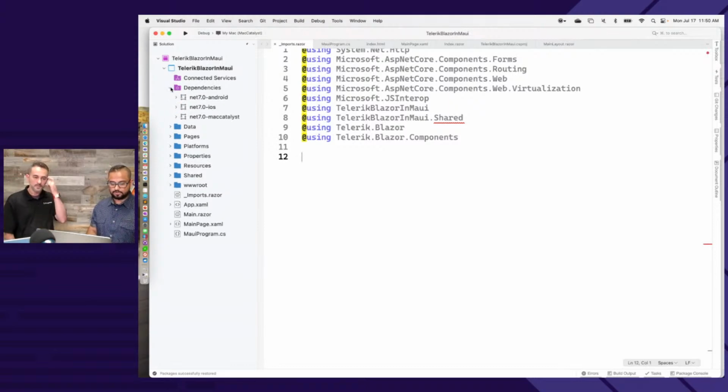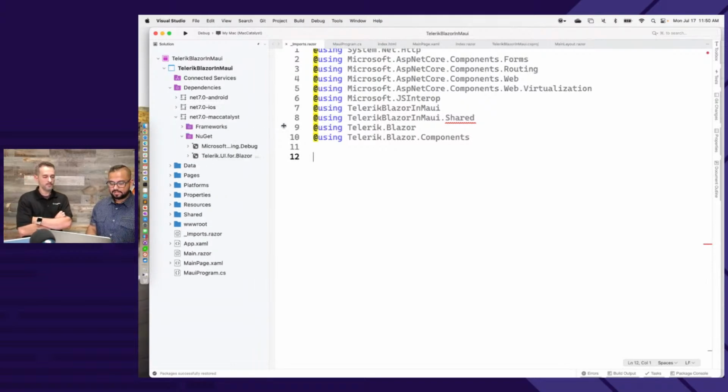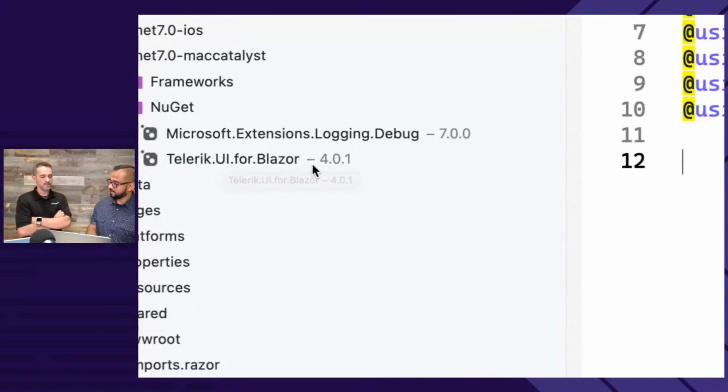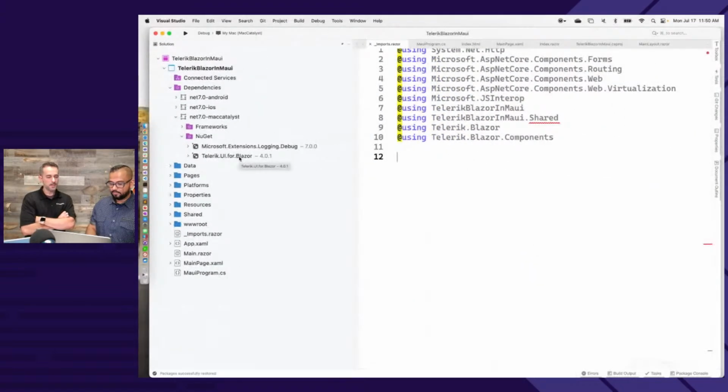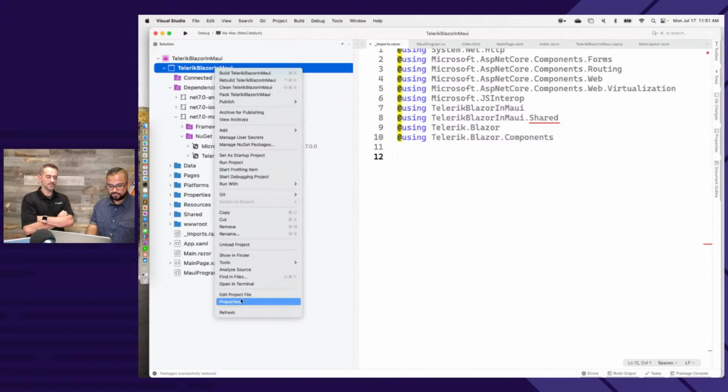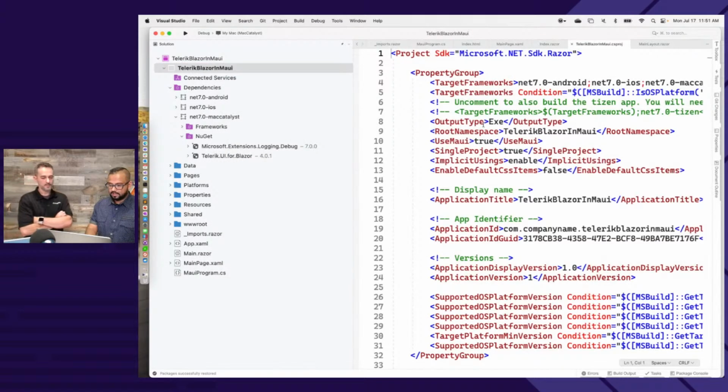Nothing extraordinary about it, except if I look into my dependencies, let's just choose Mac Catalyst here. If I look at my NuGet packages, instead of just having the usual thing, I have something new in here. That's Telerik UI for Blazor. The reason I'm able to bring in the Blazor NuGet package, that's from us, that includes all of the Blazor UI, is because this project here, since it's a Blazor Hybrid project, if I look at the project file, it starts out with this project type that says I understand what Razor syntax means. I'm an SDK style project, and I know what Razor syntax is.